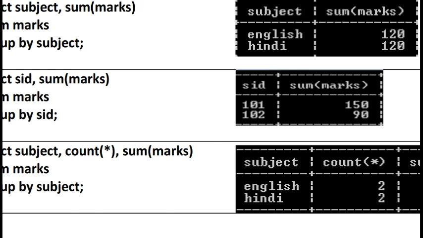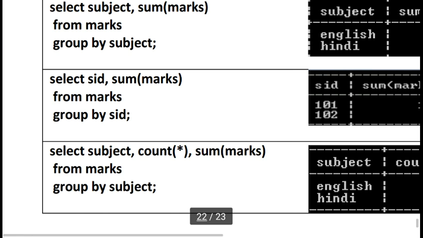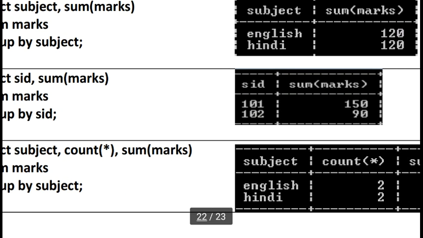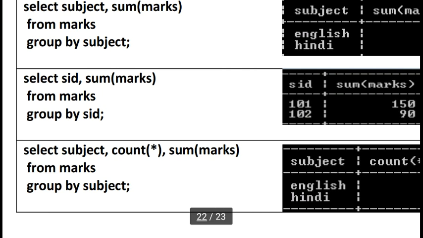So total marks we can easily see one by one. So it is important: on the basis of group by SID, we can also display our SID with sum of each and every student, all totals. So you can see 101, 150, 102, 90. Okay.